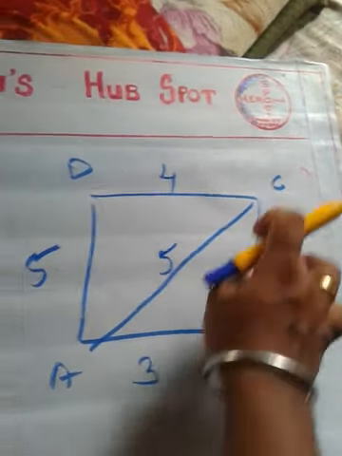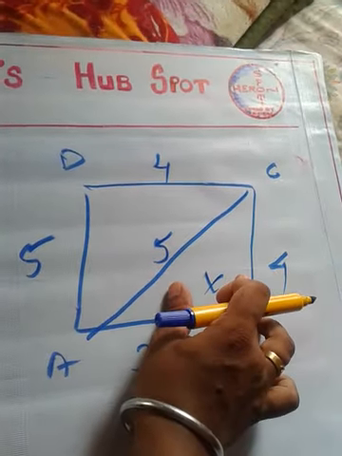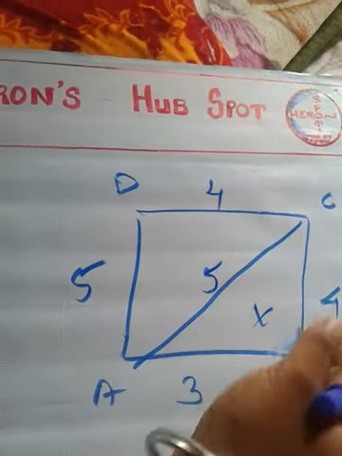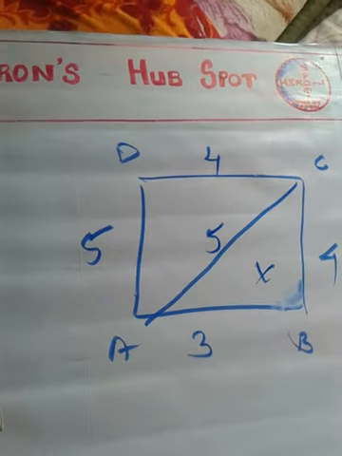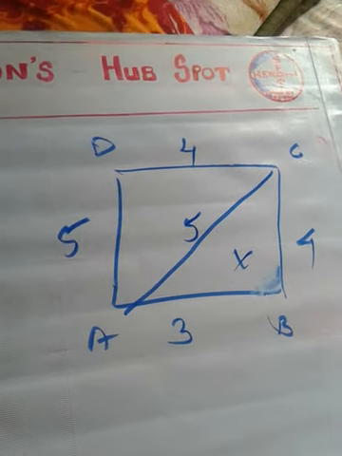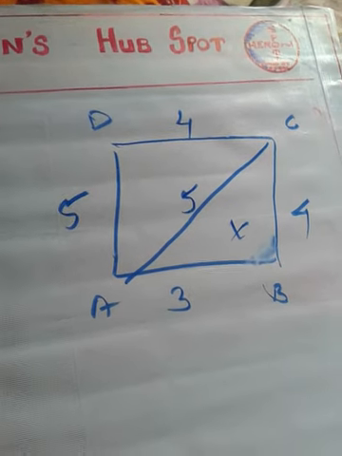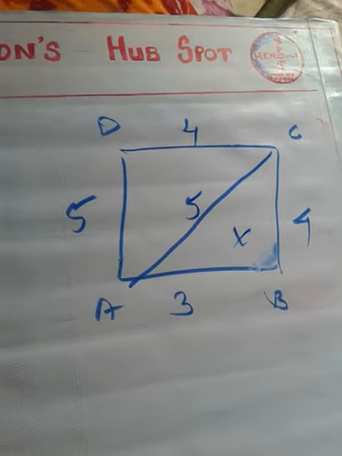We have to use Heron's formula here. Calculate the area of this triangle by using Heron's formula. Calculate the area of the other triangle by using Heron's formula. And after getting both areas, add them. Compare with the answer at the back of your textbook. This is your work. Solve it yourself, not right now, but after watching the entire video.